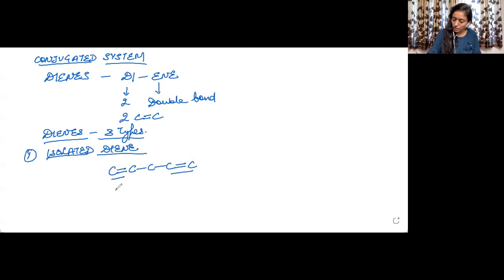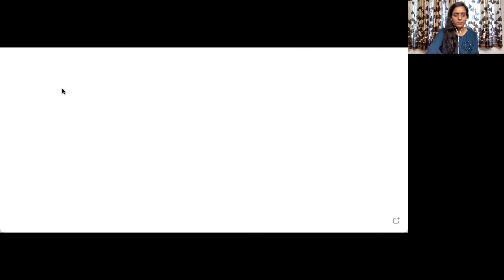So if we have another chain in which we have three single bonds between the two carbon-carbon double bonds, it will also be known as an isolated diene. I think this much should be clear. It is very simple, right? Then the second is, so let me just clear my screen. Okay. So the second type of diene is